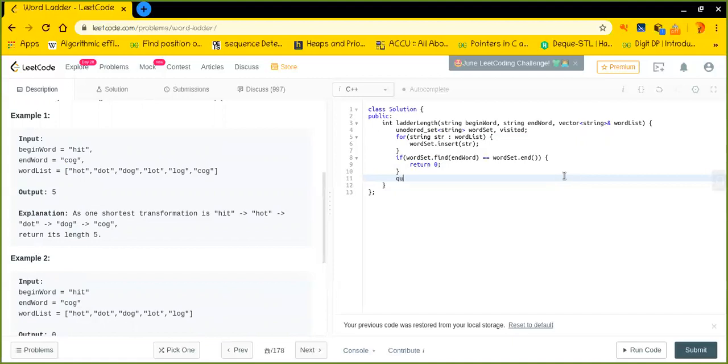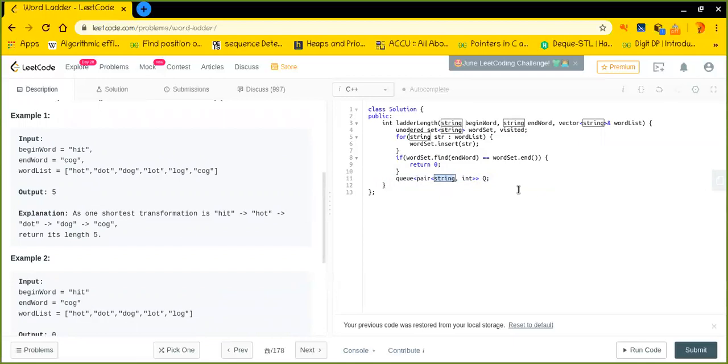To implement BFS, we will use a queue, and I will tell you why I am using a pair right here. In the pair, we have the string and the integer value. The string is nothing but the current string that I have, and the integer tells how many steps were required to reach the current string.